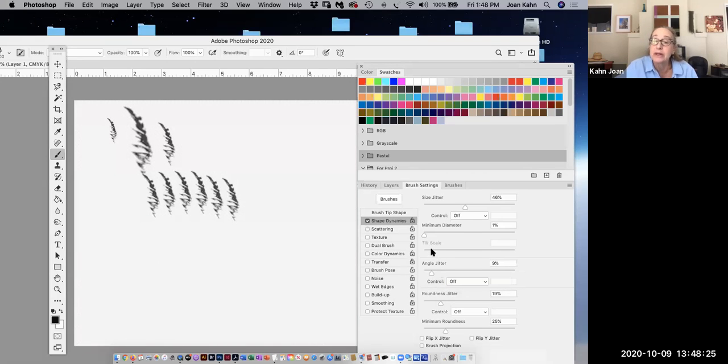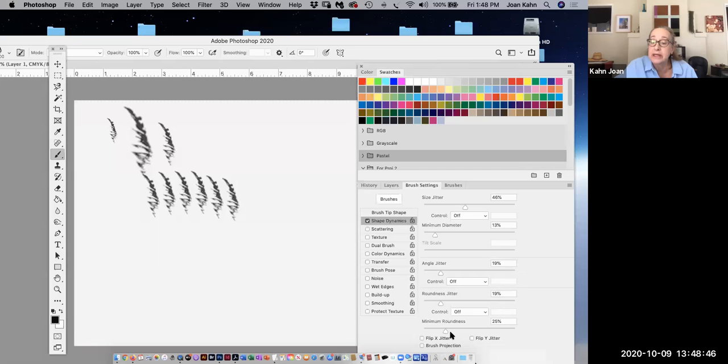And in painting, that's a good thing, especially digital painting. It's especially good because it means that you will achieve a feeling of naturalness. It's more natural when you have a jitter or a randomness to your brush mark. Otherwise, it looks like a machine. So you can change all sorts of things. The angle jitter,